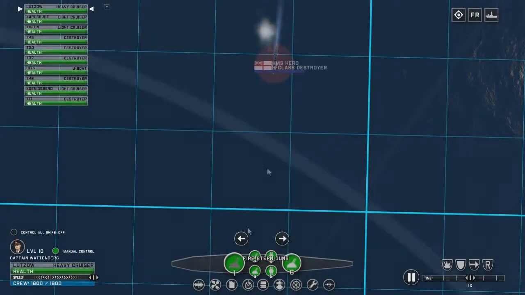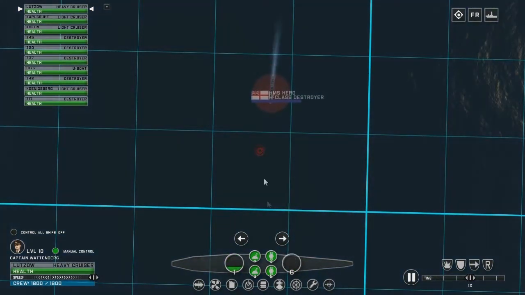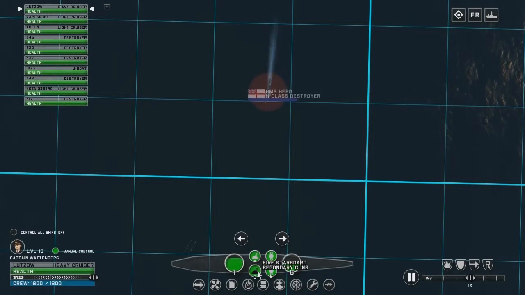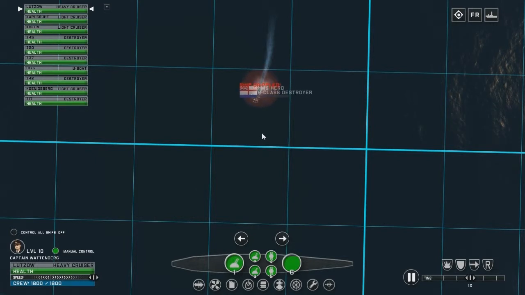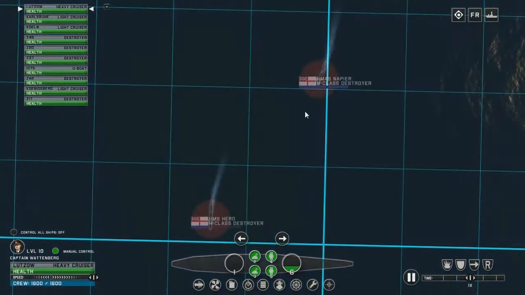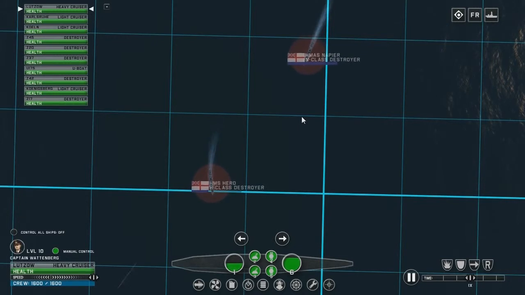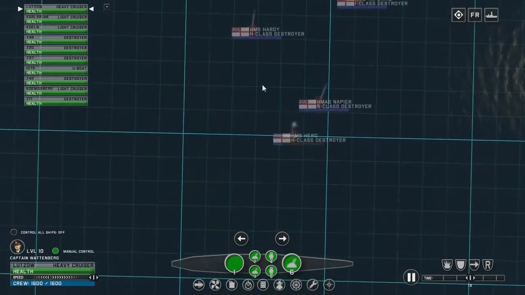Ooh, we got close with that last one, within 1 grid square. Put a little English on it. Oh, direct hit. And will the other one hit? Ship crippled. The next one will go towards the, what is that? The HMAS. What is that? The Napier? Oh god, we just got